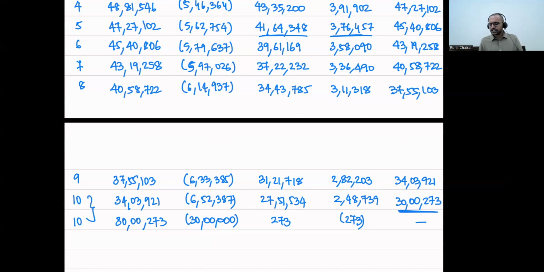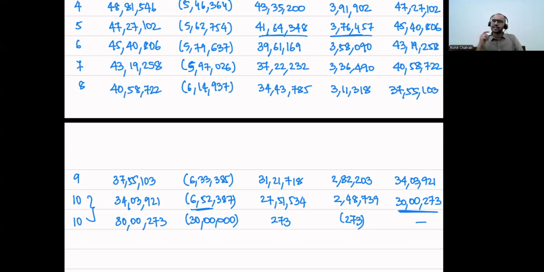And where I've shown 6,52,387 being made as a payment at the beginning. Remember, 652,387 is a payment that is made at the beginning of year 10, but 30 lakhs is a payment that is being made at the end of 10th year. Therefore, I'm plotting it in two different rows. I cannot club both of them into a single row, and I cannot show the payment as 36 lakh 52,000 because their timing was different.